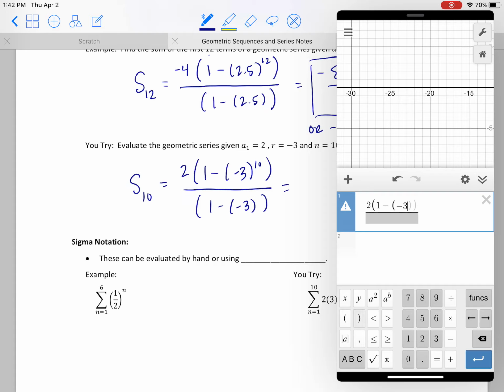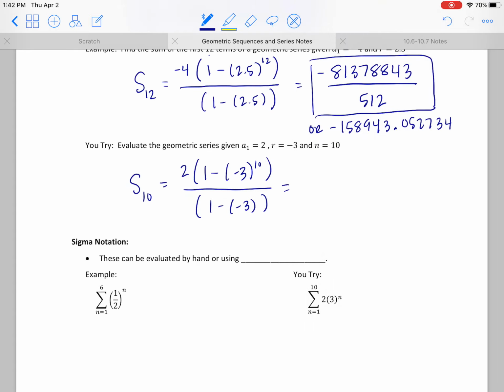And so calculator says, all right, we hit the divide button. On the top 2 parentheses, 1 minus parenthesis again, -3 raised to the 10th power, close the parenthesis. On the bottom, 1 minus parenthesis -3, and on the bottom, if you wanted to make that just a 4,